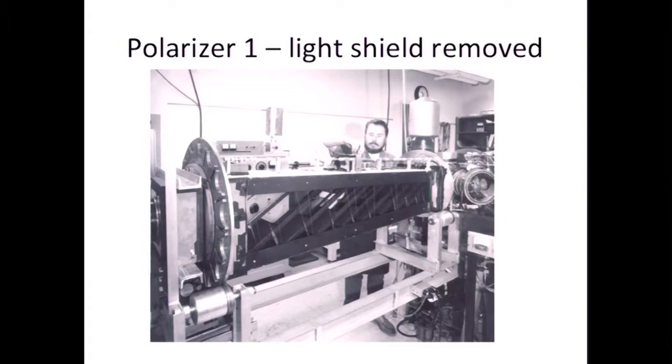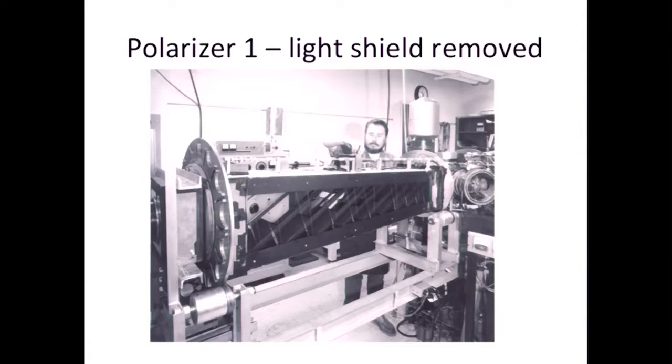Now this photograph is of one of the polarizers with the light shielding removed, so you can actually see the pile of plates polarizer inside. What's really impressive about this thing is you see this large gear with the funny shapes symmetrically around the circle. It's called the Geneva gear, and this enabled them to change the angle by exactly 22.5 degrees, pi over 8, and then go to the next one, and it latched right into that, okay? Both of these polarizers on both sides rotated 360 degrees during the experiment,